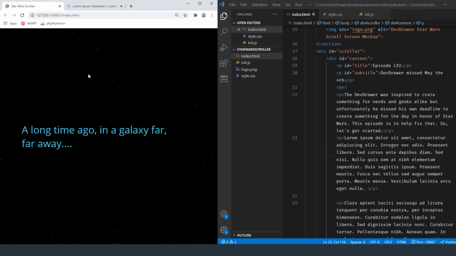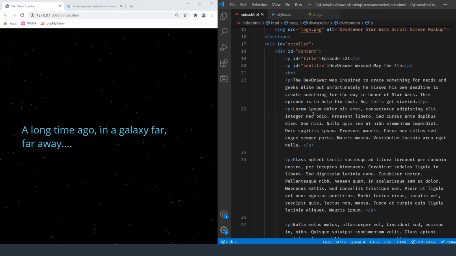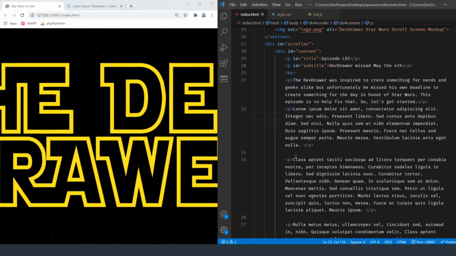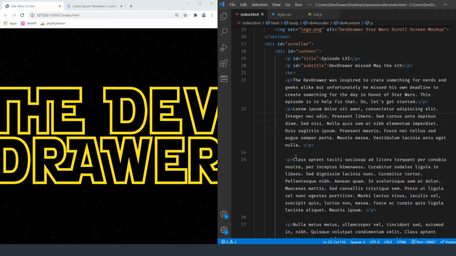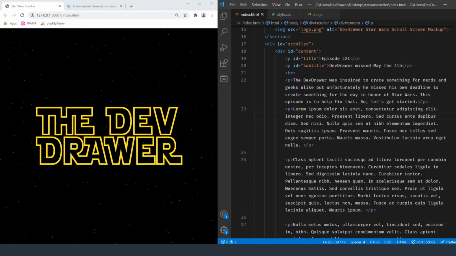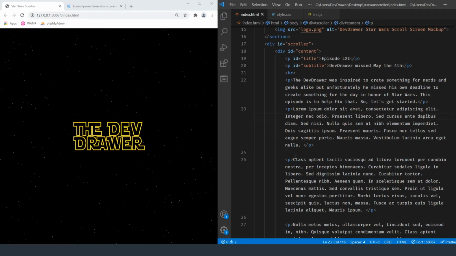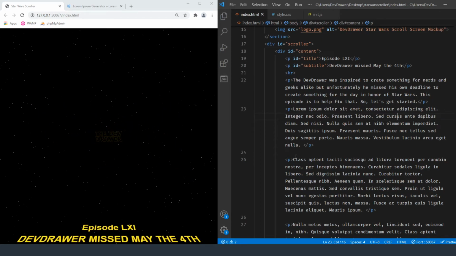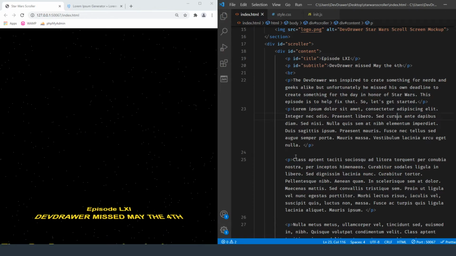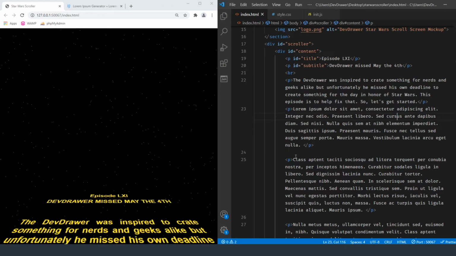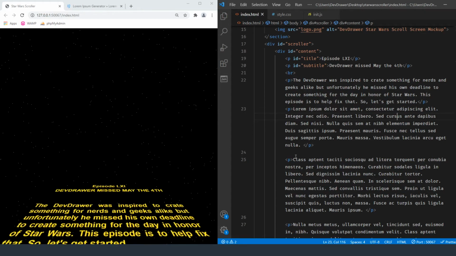Save. Alright, let's wait through it and see how that looks. Oh, it actually looks centered now. I think it might have been because of the crate. I gotta fix that.